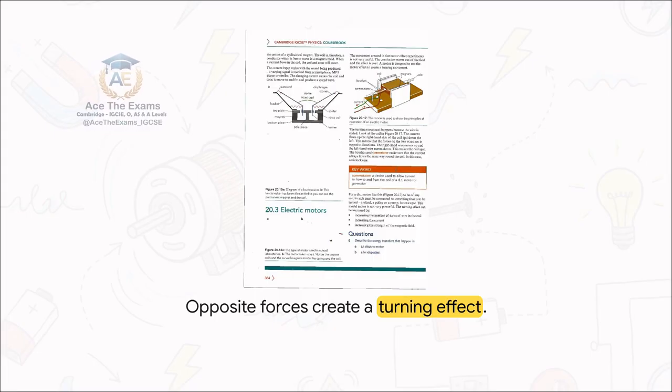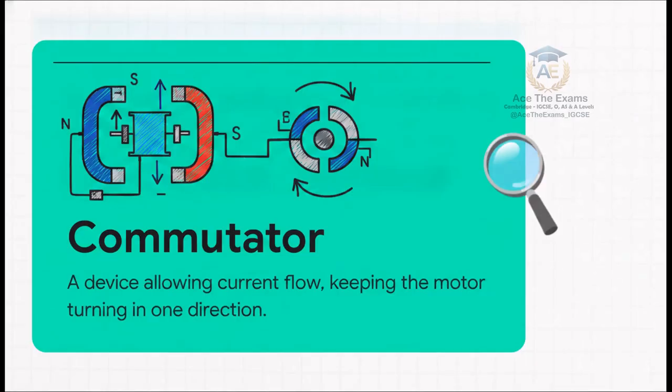This is a classic 6-mark explanation question. But there is a massive trap here. When the coil reaches a vertical position, the forces no longer provide a turning effect, and the motor would just get stuck. The crucial point here, the absolute genius of the motor, and the exact detail examiners hunt for, is